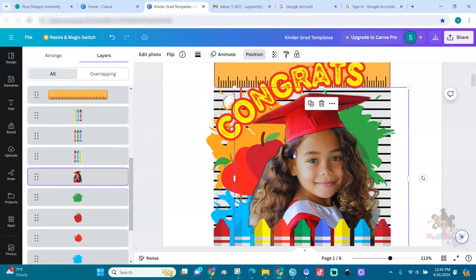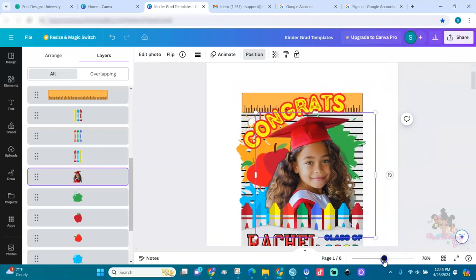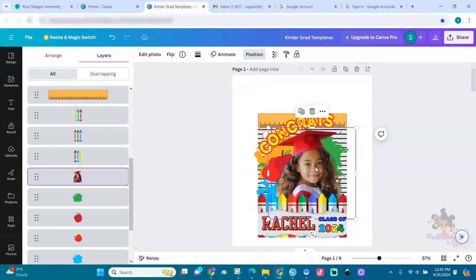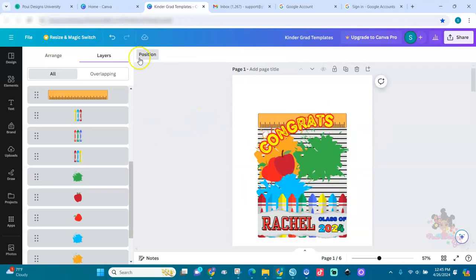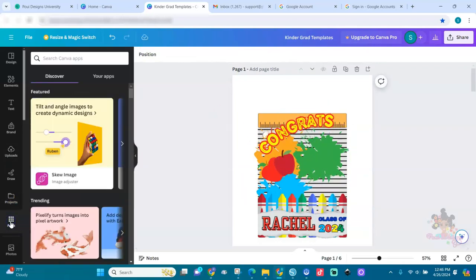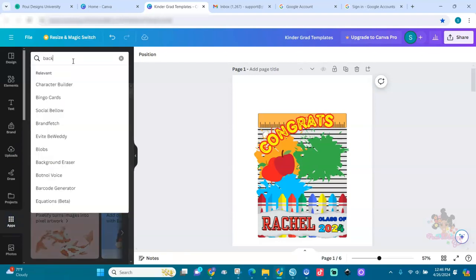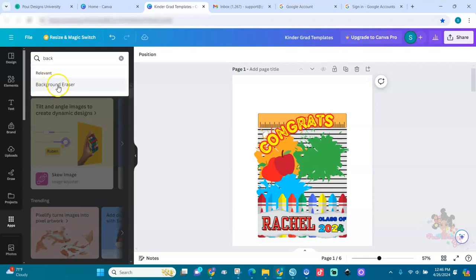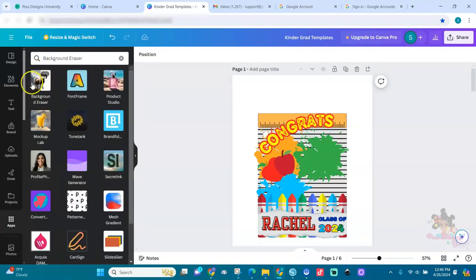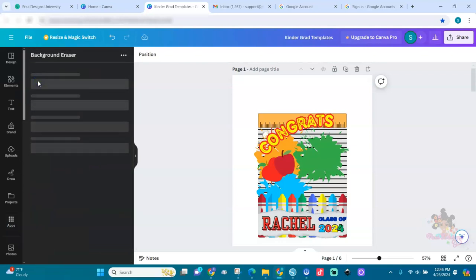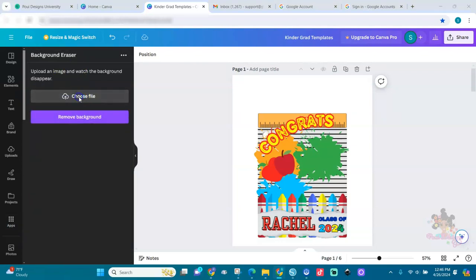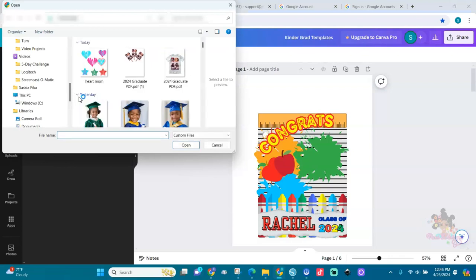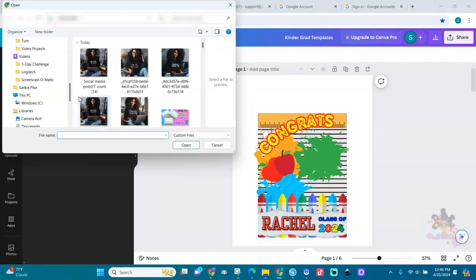And also for the picture, let me show you something with pictures, how you can do it here in Canva. I'm going to delete this picture. Okay, I'm deleting it. You go to apps and you go to here, and you put background. Okay, and you see background eraser, select it, and then you have this right here. You select it and you choose file. This is when you don't have Canva Pro. If you have the free version, you can use this, but if you have Canva Pro, you can just use